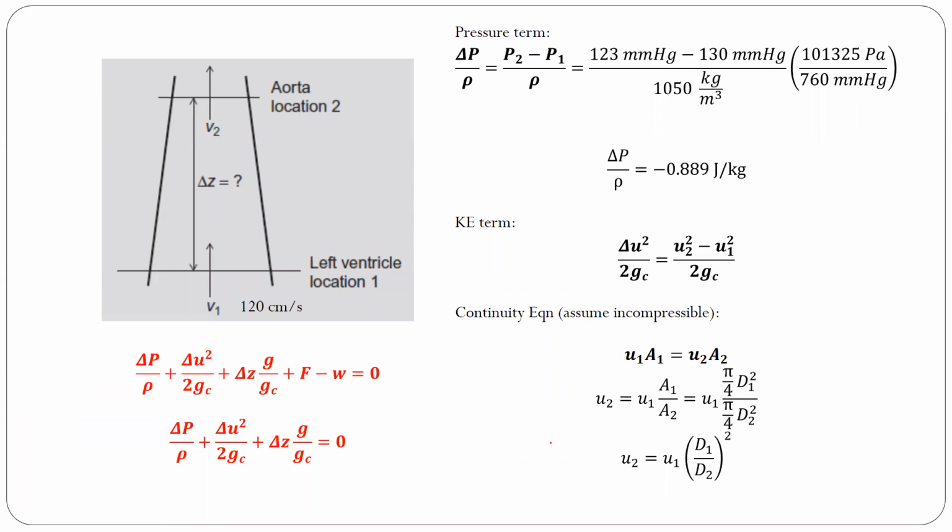Hello, before we go on to the next sample problem, I'd like to make some correction in the previous video. In the previous video, nabaliktad ko yung D1 tsaka D2. So, I interchanged D1 and D2. Okay? So, previously, D2 is here, D1 is here. And that should be incorrect, right? So, I corrected that. So this should be D1, this should be D2, so that